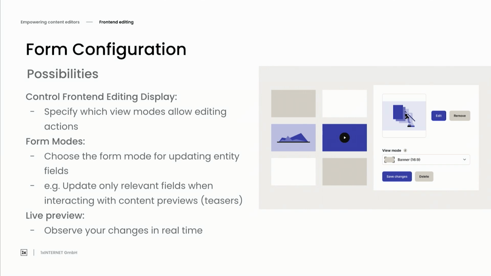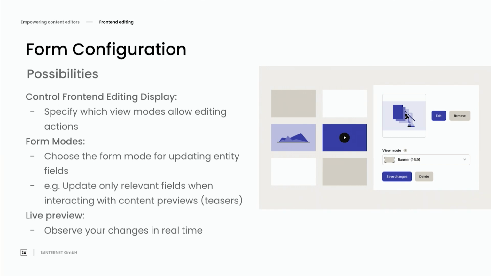As an example, let's say we have these content previews, these teasers, these cards on your page. Of course, they might contain dozens of settings. We actually don't need them, or rather, we don't need them when we're making these much smaller adjustments on our content page. We can make it so that in a very simple way, you are able to edit just the image, the title and the preview text. It's again something that maybe a less experienced content editor can come in and make those changes immediately, without any overwhelming information or any technical knowledge required.